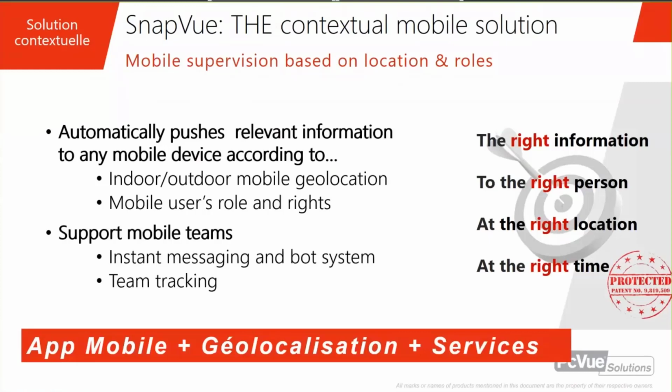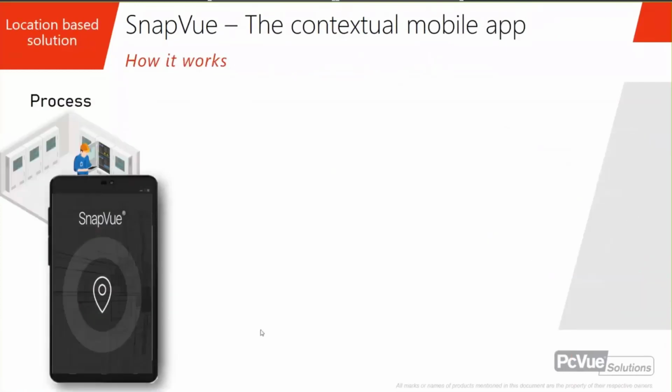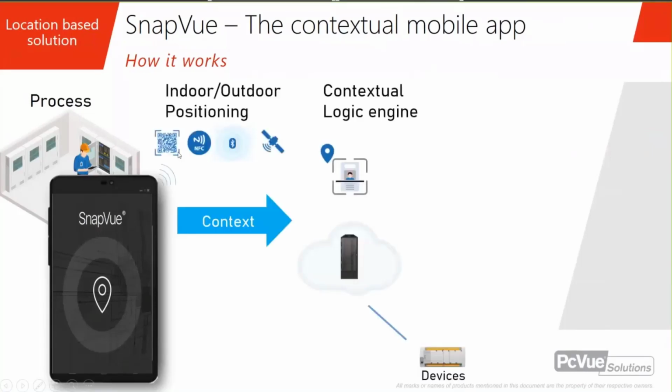So how does it work? Let's check that. You have an operator going through a process with SnapView, and the mobile phone has NFC, QR code, Bluetooth, or GPS signal. The operator either scans the QR code or is detected by Bluetooth tags, and this information, the ID and location of the user, is transmitted to the system, and the system just analyzes it,